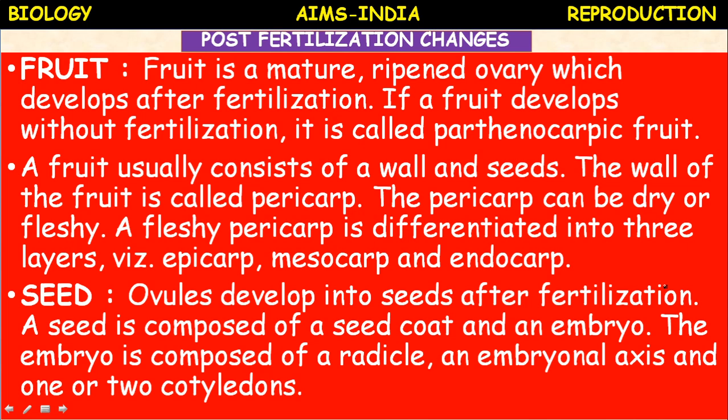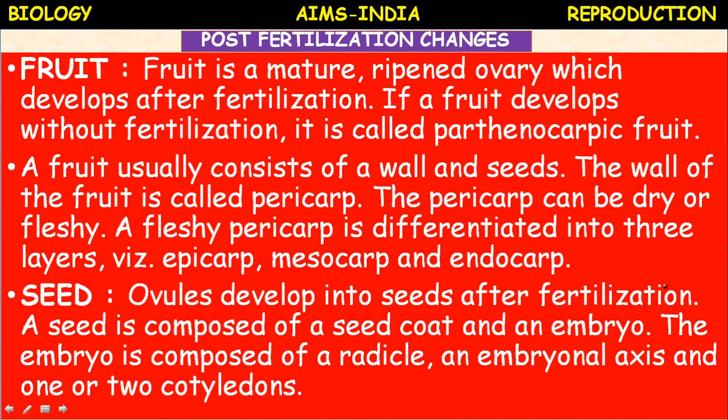Okay. So parthenocarpy, polyembryony and apomixis, these are some of the methods. Parthenocarpy means formation of fruit without fertilization. Parthenocarpic fruits are seedless fruits. Then polyembryony means the phenomenon of having more than one embryo in a seed. For example, you can see it in seeds like citrus, onion, groundnut.